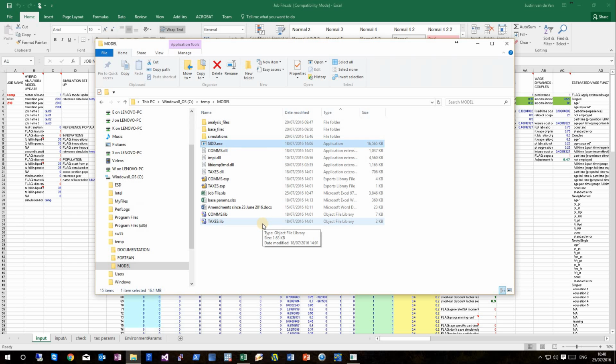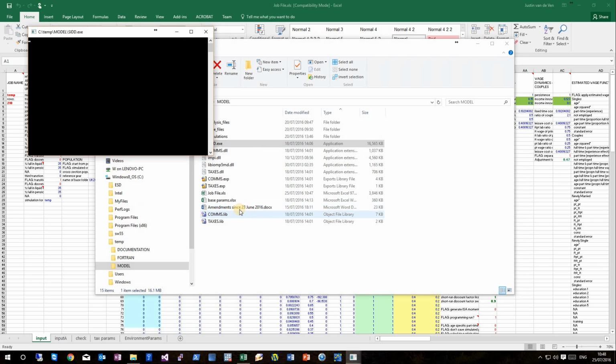Now, the first thing that this SIDD executable does is it loads in all these parameters. It then performs a check on the parameters to determine whether they're reasonable or not. And if they're not reasonable, it will either alter them internally to make them reasonable, or it will tell you that the current specification just won't work and you need to change it. And the reason that the specification that we've got here is useful is that it actually involves an oddity, and the model will show us what that oddity is. So